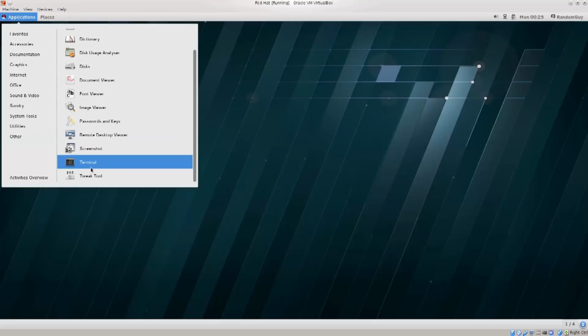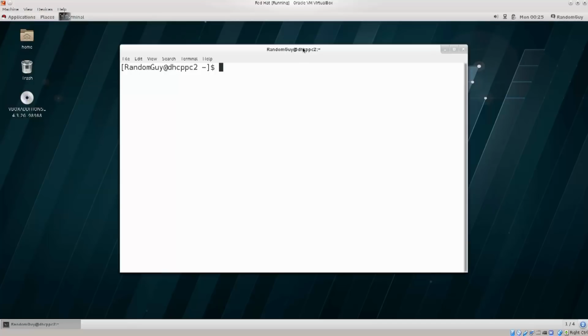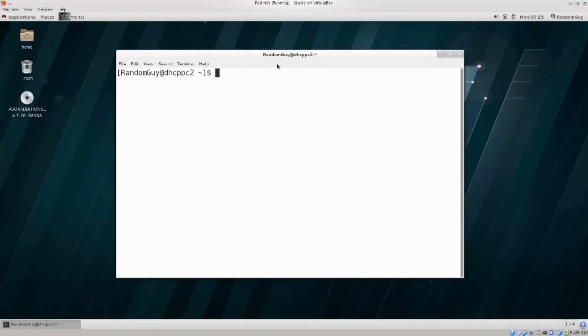Scroll to the bottom and there is a terminal icon here. We're just going to go ahead and click it. Excellent. So I have already changed my terminal here to an extent, but if you just go ahead and click